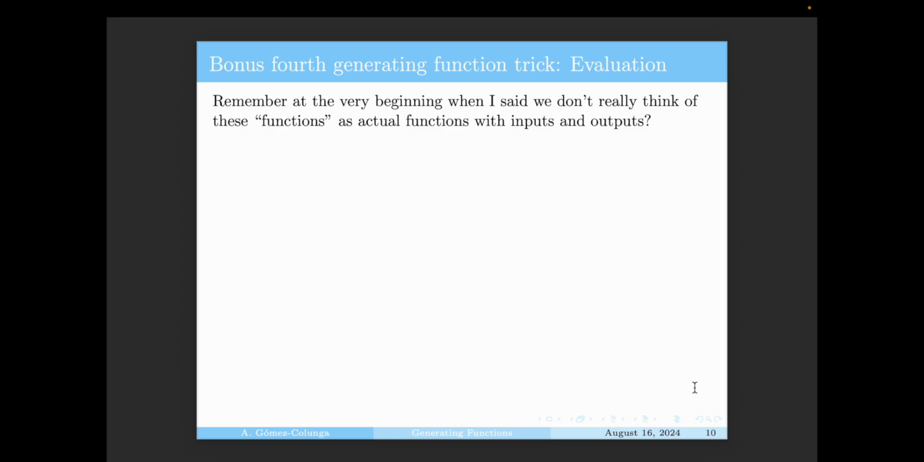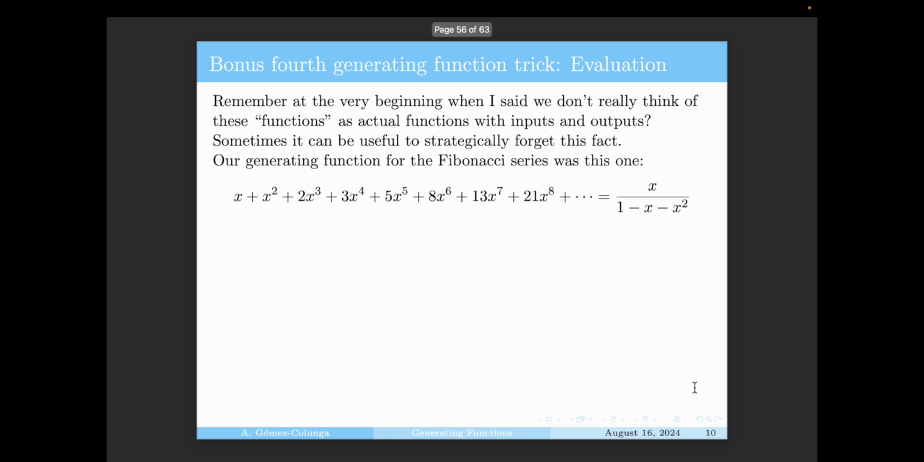So, okay, remember at the very beginning of this presentation when I said that we don't really think of these functions as actual functions with inputs and outputs? We just think of them as formal things to do with x? Well, sometimes it can be useful to strategically forget this fact. For example, our